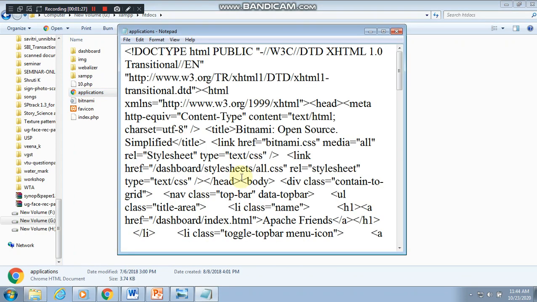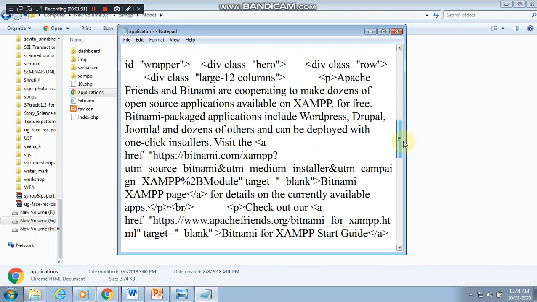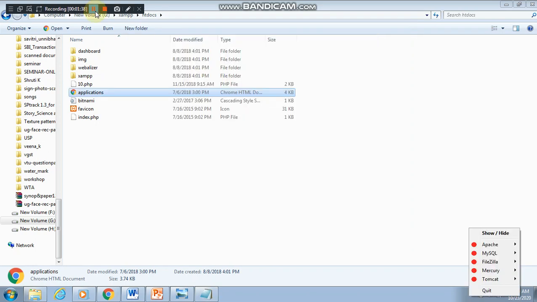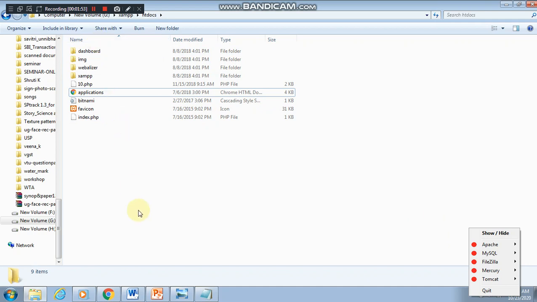This is one simple style sheet. Don't bother about its content. How to open this, we'll see now. The main purpose of the XAMPP server is to run all your programs through a server. So first we will check whether the server is on or not. Just now you have installed your server, so it is on. If it is not on, I'll show you how it looks.